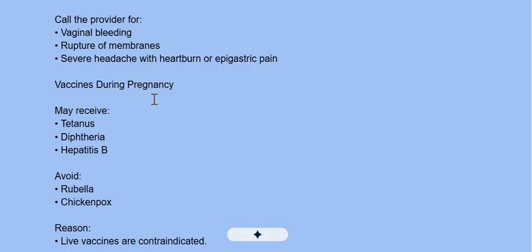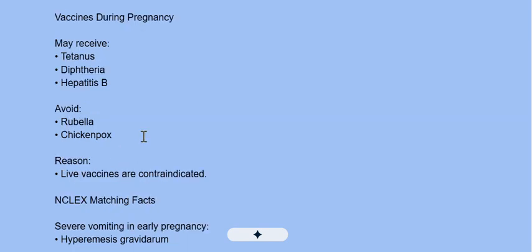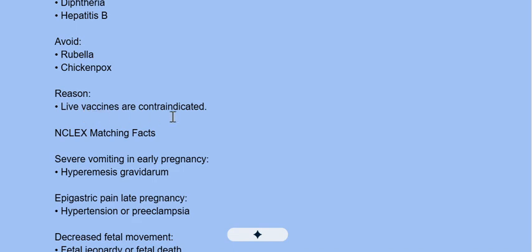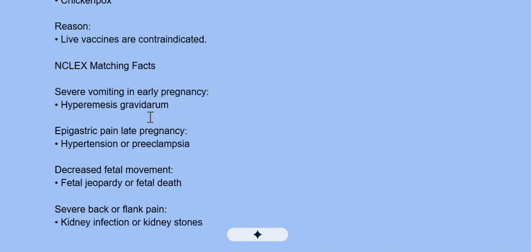Vaccines during pregnancy. May receive tetanus, diphtheria, hepatitis B. Avoid rubella, chickenpox. Reason: live vaccines are contraindicated. NCLEX matching facts. Severe vomiting in early pregnancy: hyperemesis gravidarum. Epigastric pain in late pregnancy: